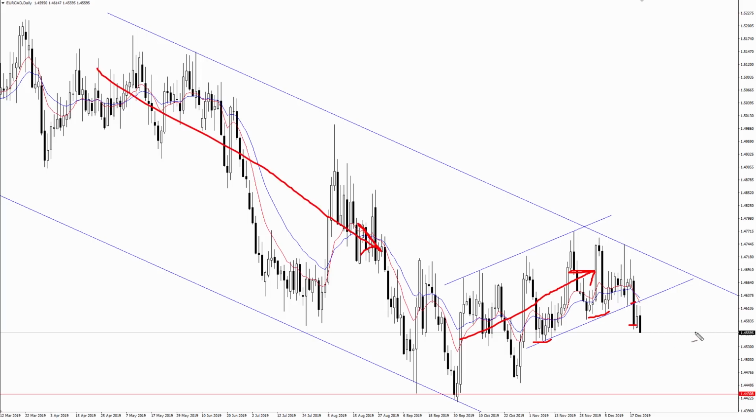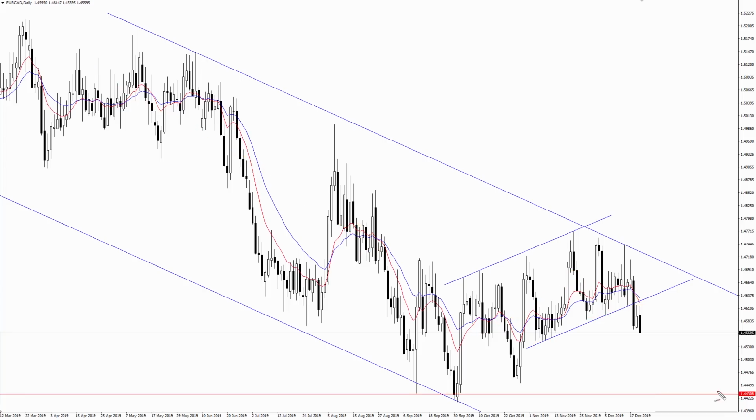So I was looking for short opportunities, and you can see how Thursday and Friday came pretty close to retesting that area as new resistance. So from here, I would not be surprised to see the EURCAD move lower into those year-to-date lows around 144.30. So this area somewhere down here.